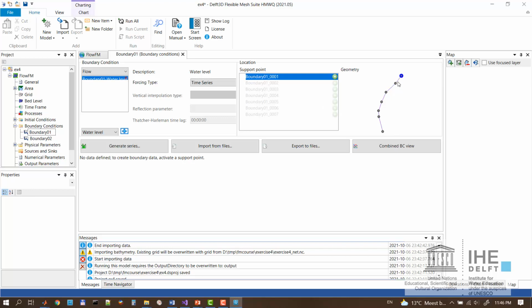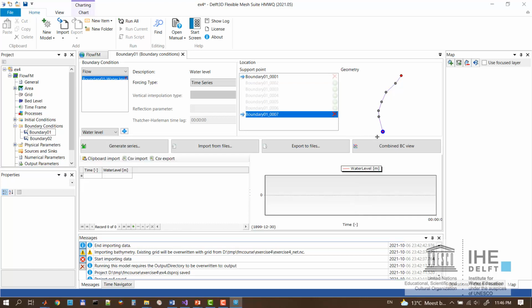If you have a boundary with multiple support points, then you can assign the same signal over the entire boundary by converting these green pluses of the first and the last point, and then it will nicely assign the same signal to all these support points, and so you have a spatially constant boundary condition along the whole boundary. Okay, so we have